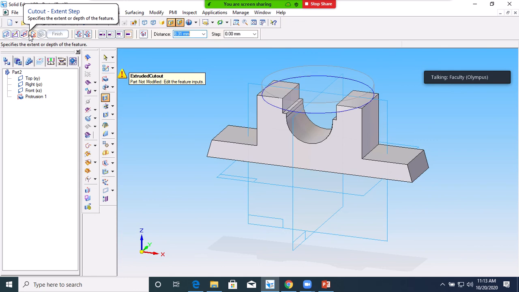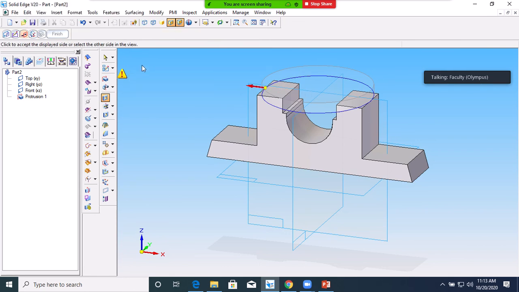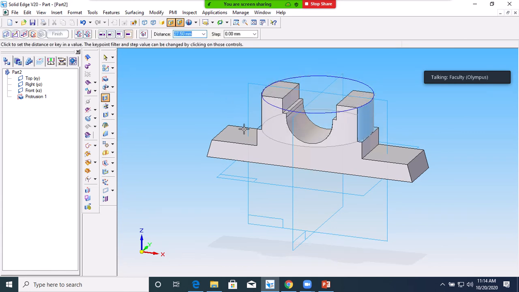Extend step I will discuss later. Then it will ask whether you have to remove the material inside or outside. To get a curved profile you have to remove the material outside this extent. So give outside.